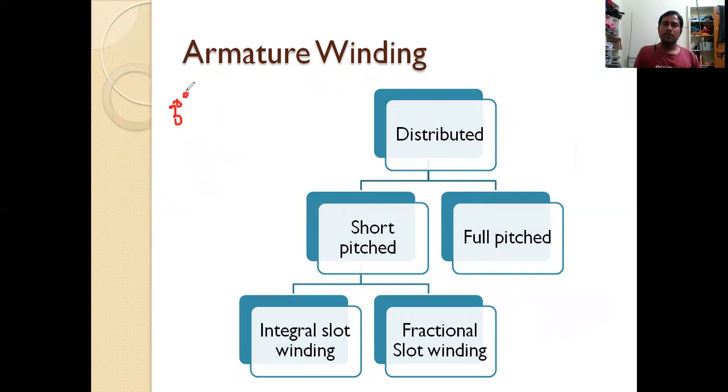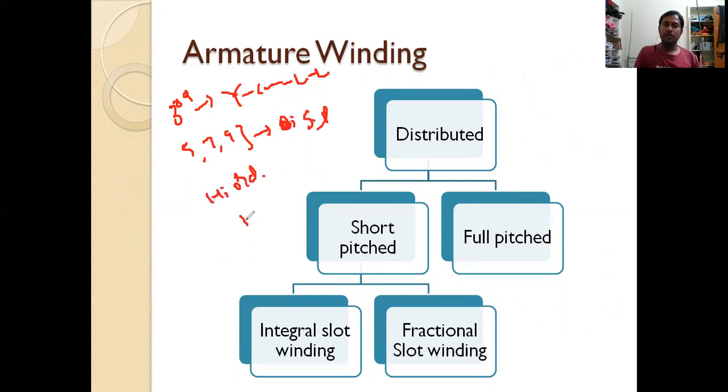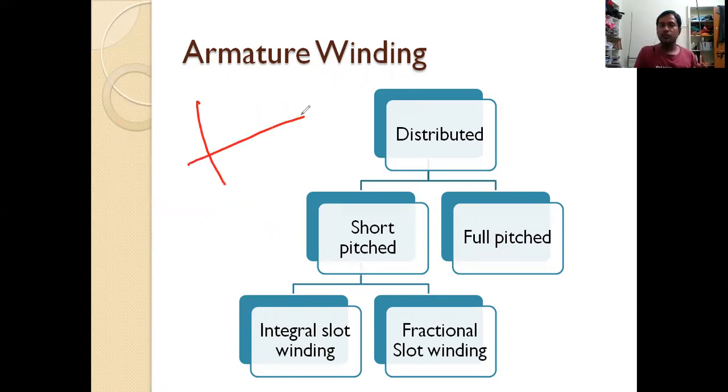So this is the third harmonic, the dominant harmonic, and it can be eliminated with star connection line to line. The fifth, seventh, ninth can be eliminated by using short pitch winding, and higher order harmonics can be eliminated by using distributed winding. In this way, if we eliminate all the harmonics, we will get a pure sinusoidal form. This is the winding. This is the difference between DC machine winding and AC machine winding.